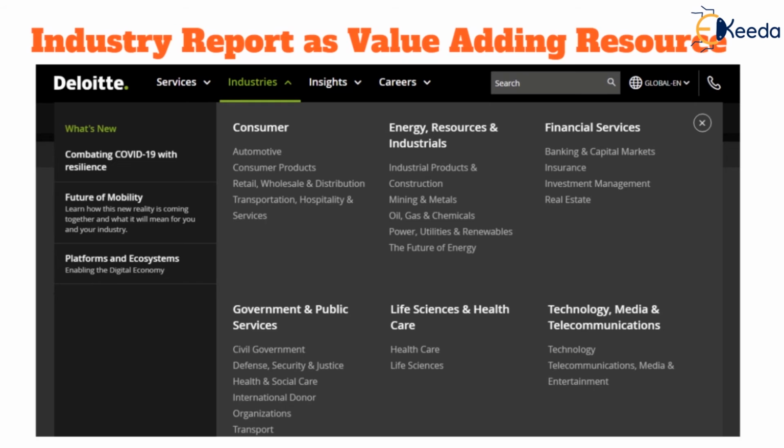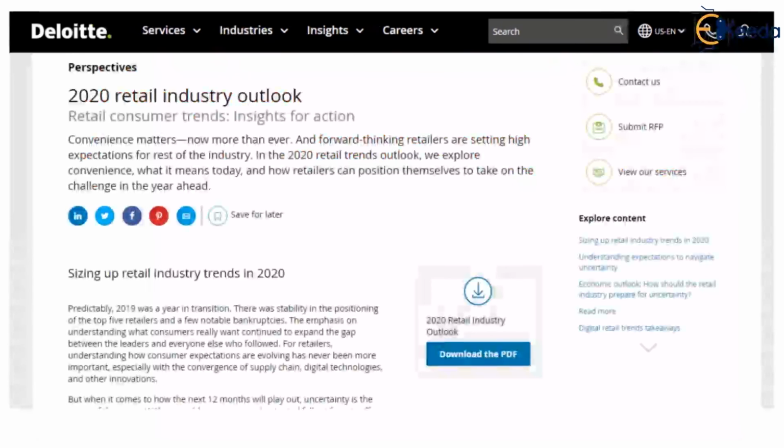So within the website homepage itself, you see the top menu has industries as a category. And as you click on that or even scroll over that, you can see all the industries for which the industry reports are available. Now, if you select retail, wholesale, and distribution as an industry, this is the kind of page that comes up, wherein you have the 2020 retail industry outlook as a report which is available.